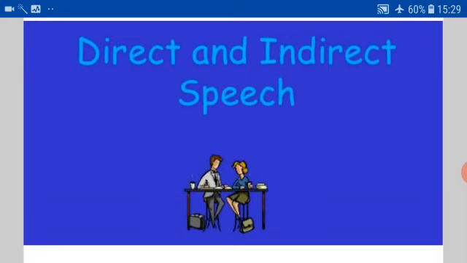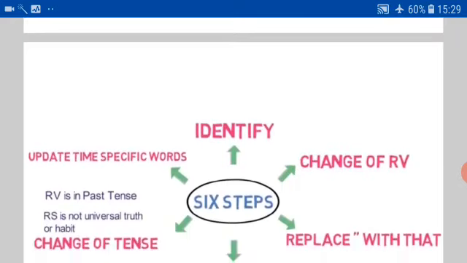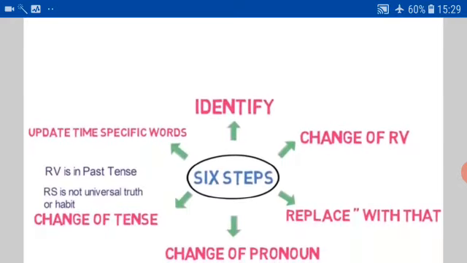But students have many typical problems: they have not learned the rules of direct and indirect speech. Many times they are confused about how to convert direct speech into indirect speech. So I am going to tell you a very simple formula to convert direct speech into indirect speech with 6